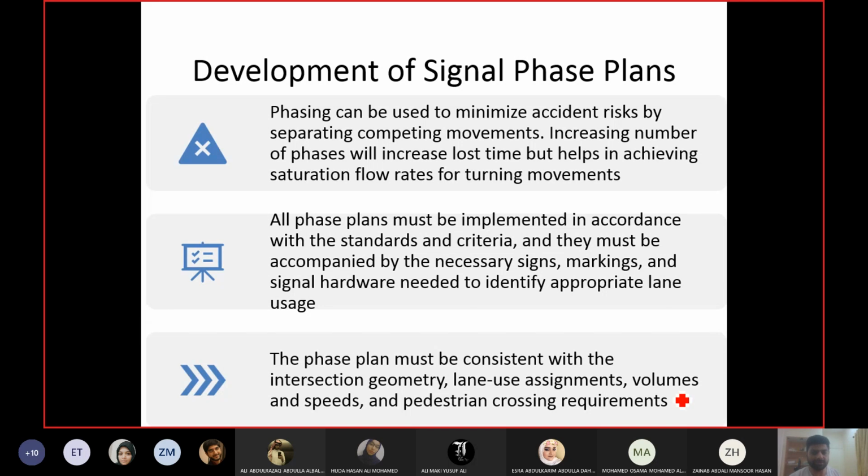If you have an intersection with a major highway and a minor highway, the major highway would obviously have more volume and more speed, so it should have more phase timing as well. For these roads, usually the phasing plan implements more than one phase, so that the turning movements have separate phases for highways with higher volumes and higher speeds. This is what they mean here.